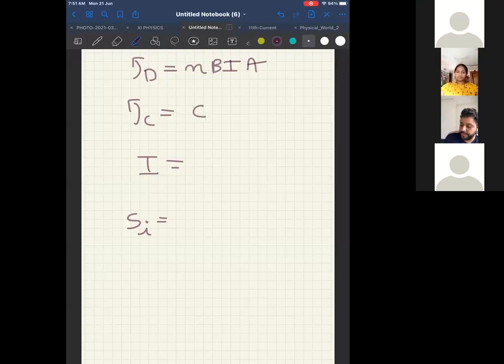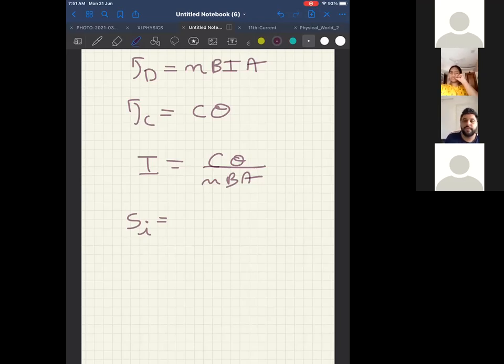Controlling torque is C theta. What is the current passing through this? C theta upon NBA. Remember these three formulae for moving coil galvanometer. Therefore, look at equation 1, look at equation 2, and look at the equation below equation 2. You will have the same formula. Check moving coil galvanometer. Instead of theta, they have said phi.